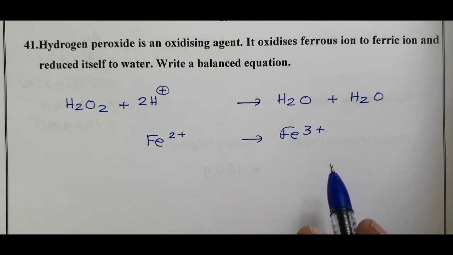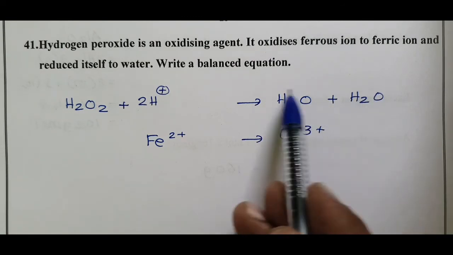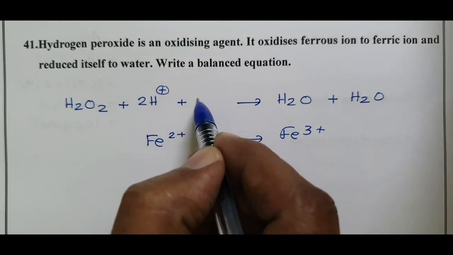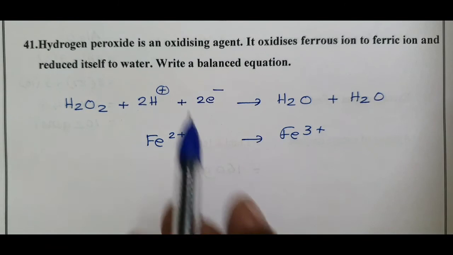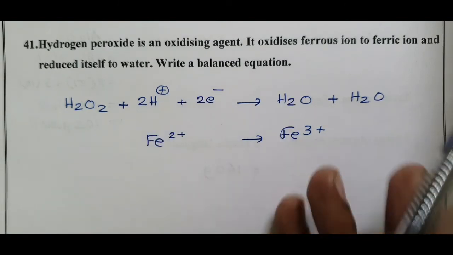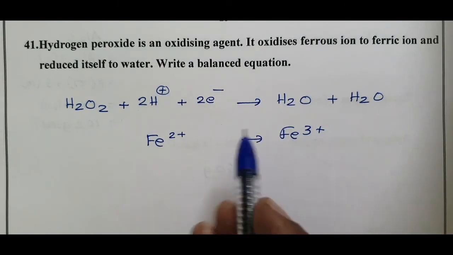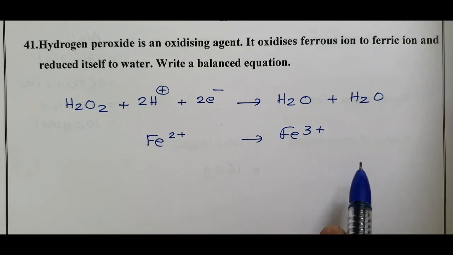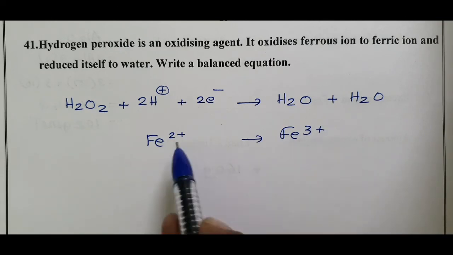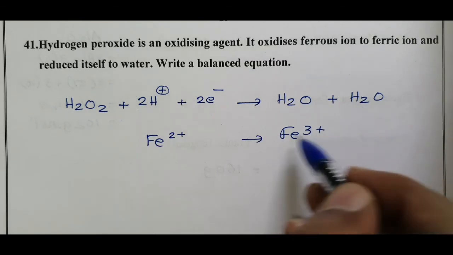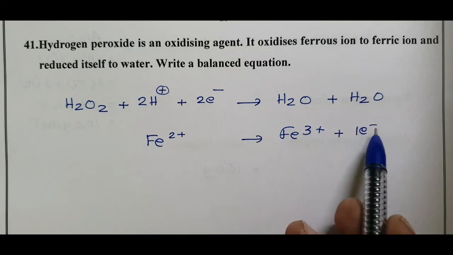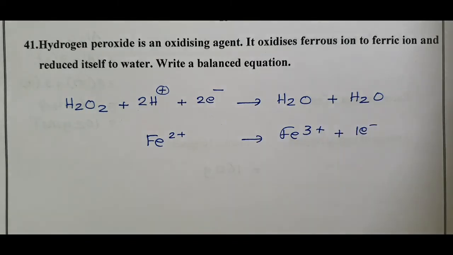Finally, we have to equate the charges on both sides. Right-hand side no charge, 0, left-hand side 2 plus. Therefore, the left-hand side also becomes 0 by adding 2 electrons. 2 plus 2 minus becomes 0. Come to the second equation. Here 1 Fe, 1 Fe, no oxygen, no hydrogen. We have to equate the charges on both sides. Fe2 plus ferrous, Fe3 plus ferric. To balance the charges, on the right-hand side we add 1 electron, 3 plus 1 minus equals 2 plus. The equation is balanced.